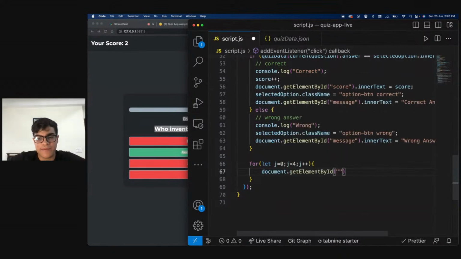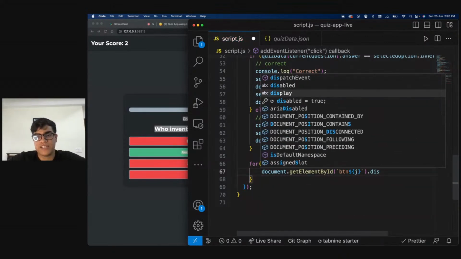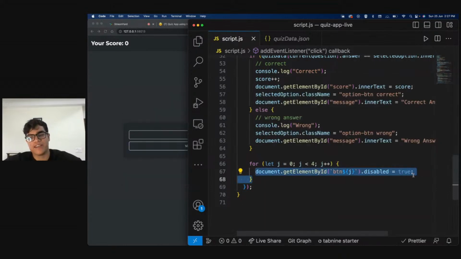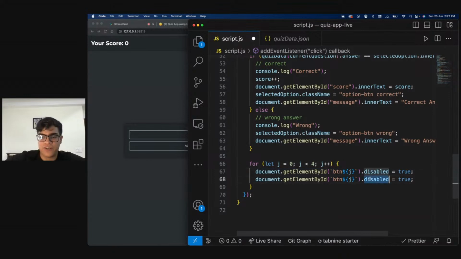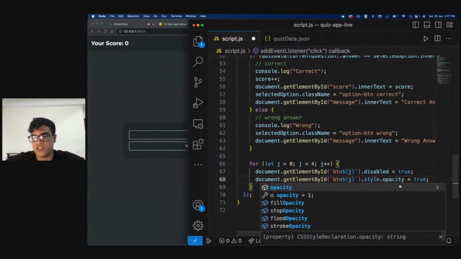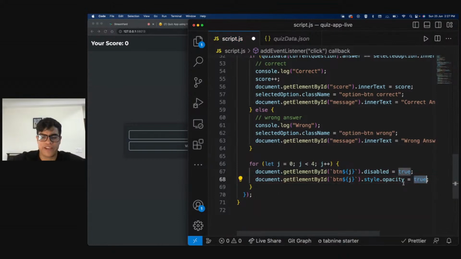So I'm going to say getElementById button, then the particular button that is there, and I can just say disabled is true. When disabled is true, we cannot click on it again, right? Similarly, I will have dot style dot opacity as 0.8 or something, 0.5.